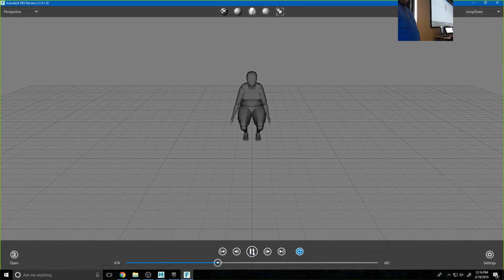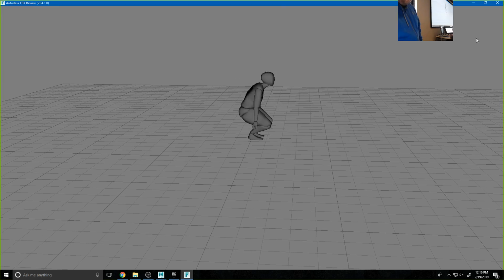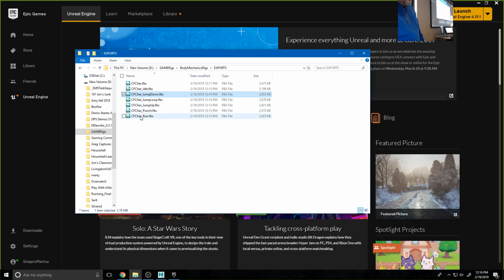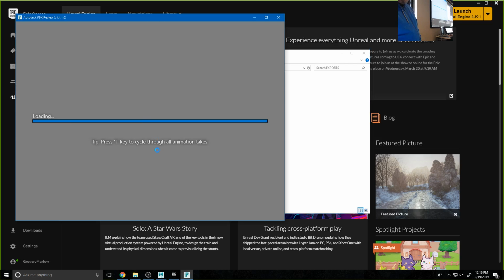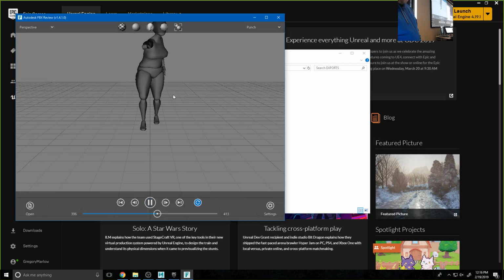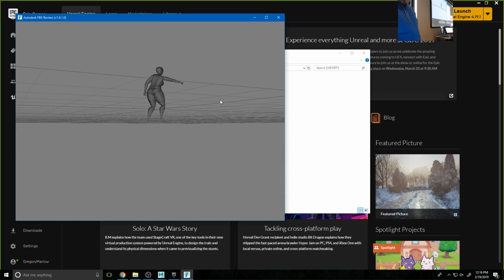But you get to see that now we're able to see our animations in here, right? Now, if you open this up in the FBX review and you see the wrong thing, that's good to know, because before you even open up Unreal, you can start making changes to fix this, right? But this is the animation we've exported out for the jump land or whatever. And if I look at our punch animation, look at that. That's why I get paid the big bucks